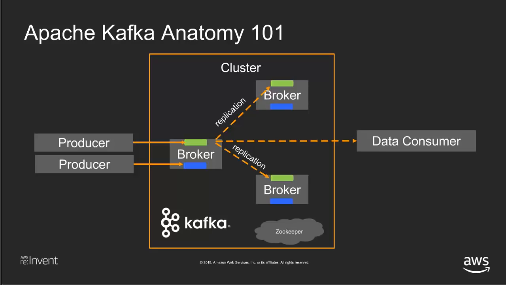Within Kafka, it operates as a clustered framework, in that it is run on multiple brokers, and a broker is a storage node that producers write data to and data consumers read from. And within those brokers, you have a unit of parallelism called a partition, and that partition stores data in the order the data was generated, and also provides a certain amount of retention capabilities as well.